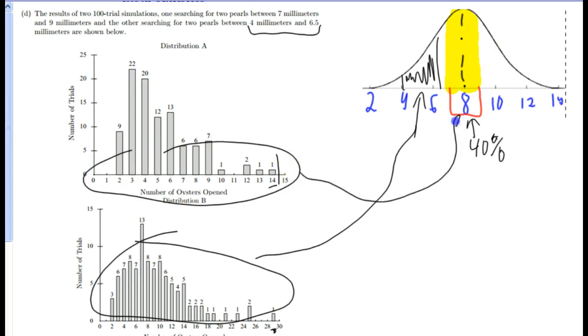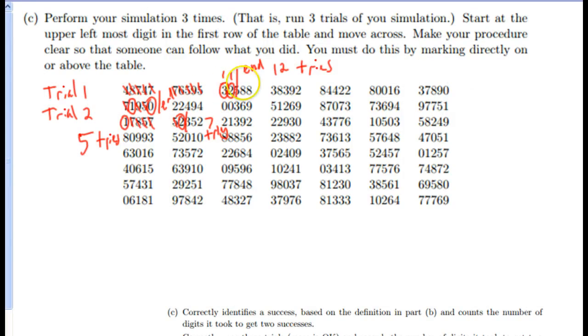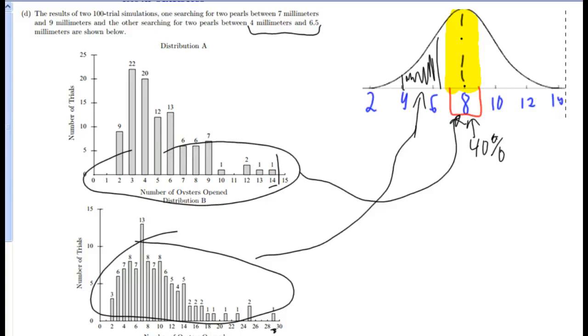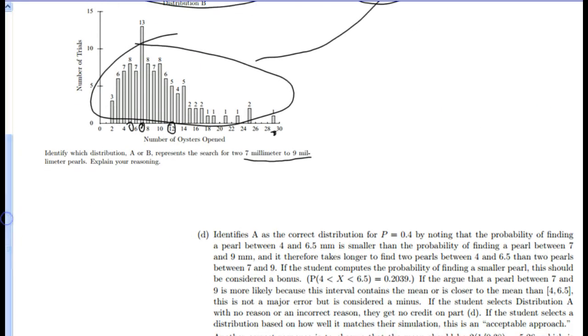in here. And if you look at our simulations that we did, if you look back to ours, it was like 12, 5, and 7. 12, 5, and 7 fit a little easier in this one than 12, 5, and 7 over here. It just goes a lot higher over here. So you would have to say for those kinds of reasons. So the reasons they gave in their official answer here